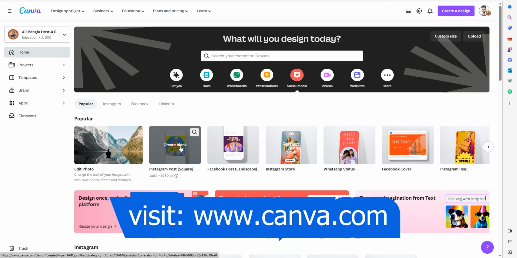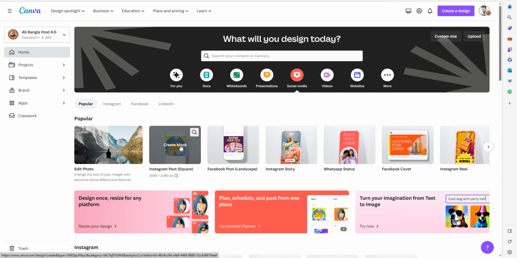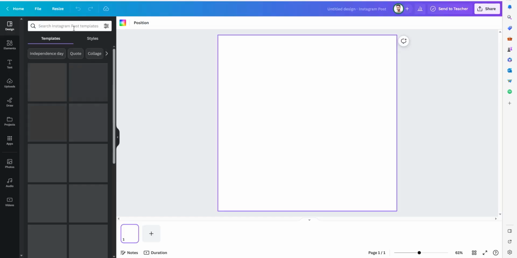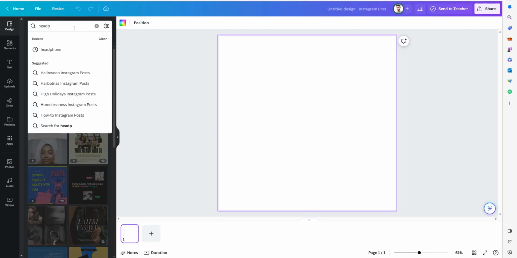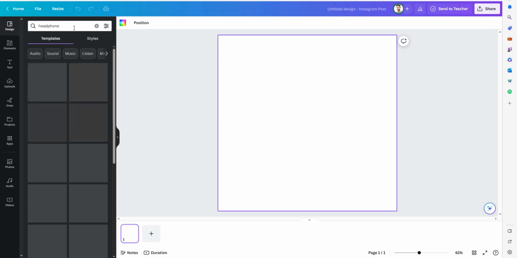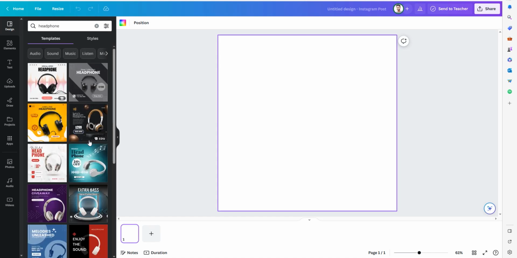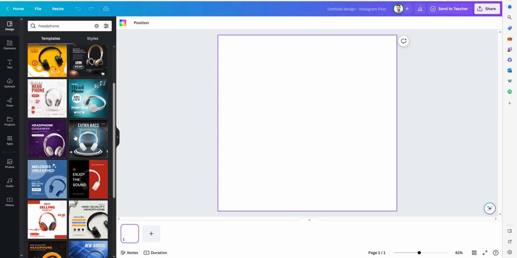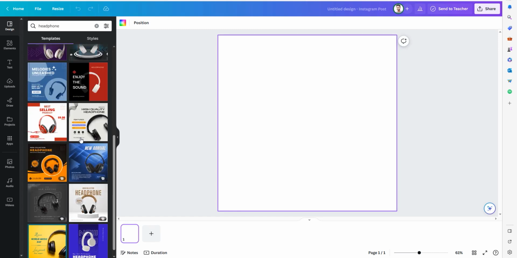Here you can see the Instagram post, and Facebook and Instagram use the same square size image. Here you can write down the headphone. Here you can see lots of images and posts already created. You can drag one here and edit it. This is very simple. You don't need any experience like Photoshop editing. Just click it here